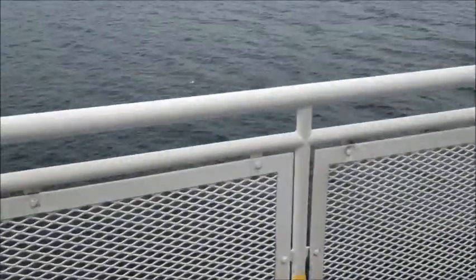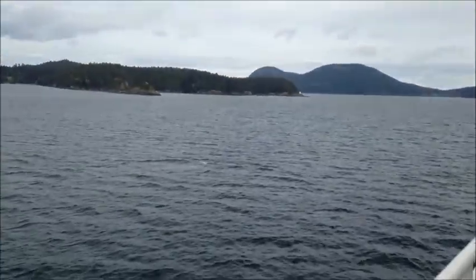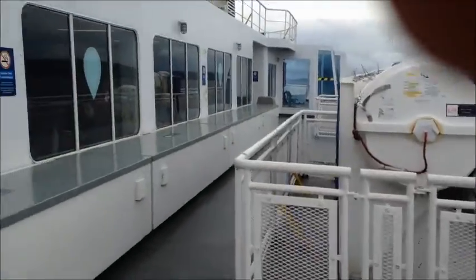As you can see, got an amazing view up here. This is the highest point, and this is my favorite part always about BC Ferries, the sky deck. As you can see,